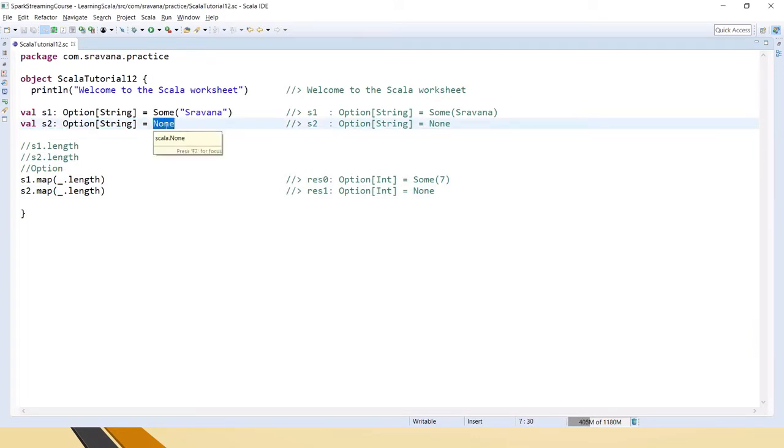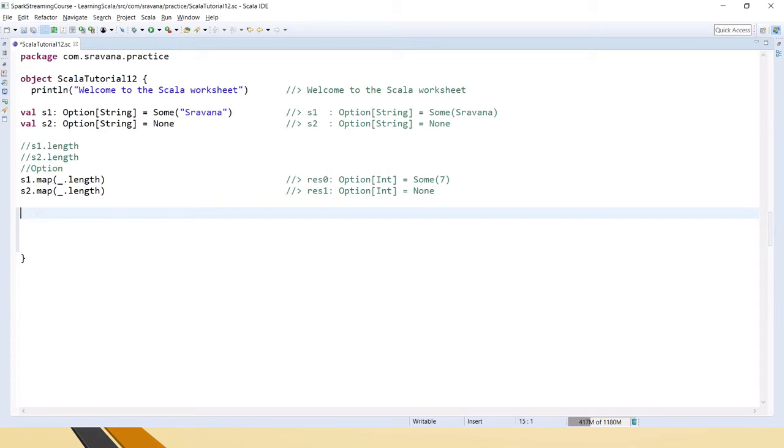None means, as we discussed in the previous video, it's like nothing, it doesn't have anything, and it is mainly used for returning None, because if it returns null, there is a chance of getting the null pointer exception if the value is missing. So for this purpose we will use the Option classes in Scala. So we will check another example. This is how we use it in variable declaration. How can we use the Option class?